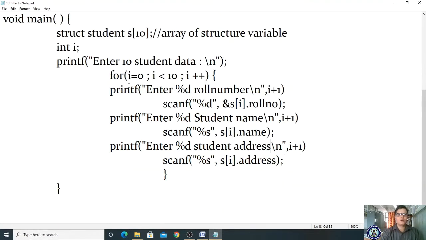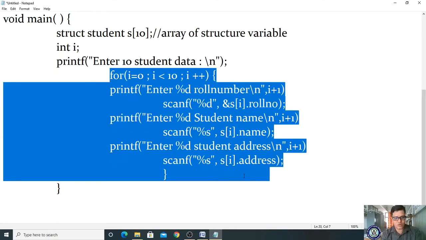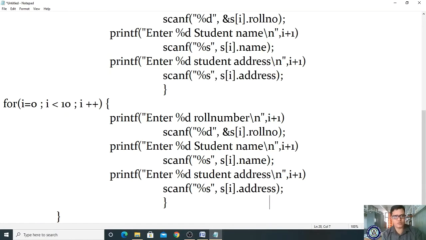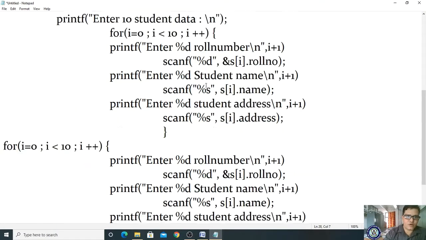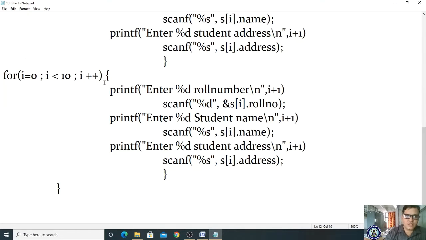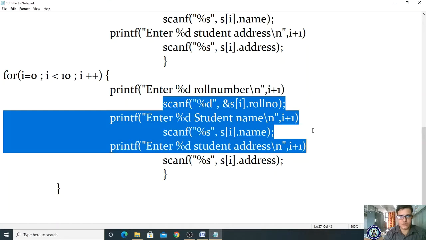Likewise we are reading. After reading this, I am using the same for loop once again to display the content. Whatever value I have read, I am supposed to display, right? So I am writing the same for loop. One for loop is to read and one for loop is to display. In this it is displaying this information.